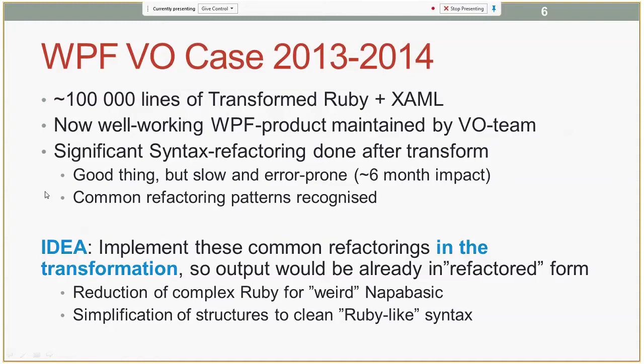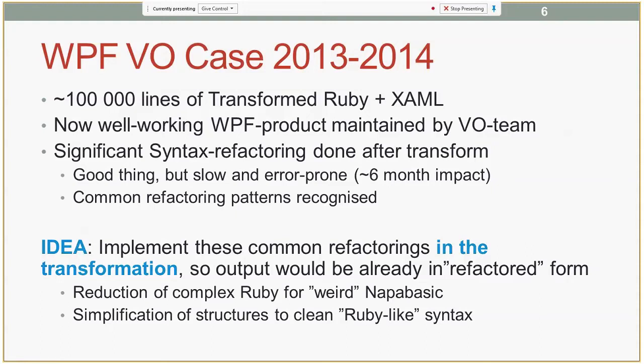And during this refactoring after the transformation, we noticed many kinds of patterns. We were finding several kinds of bad syntax or duplicate syntax in different parts of the code, and we were hand refactoring many similar cases. That brought the idea that perhaps we could implement these improvements in the syntax of the output already in the transformation machinery, which would eliminate in the next subsequent transform products much of the need for after-transform refactoring, and also eliminate